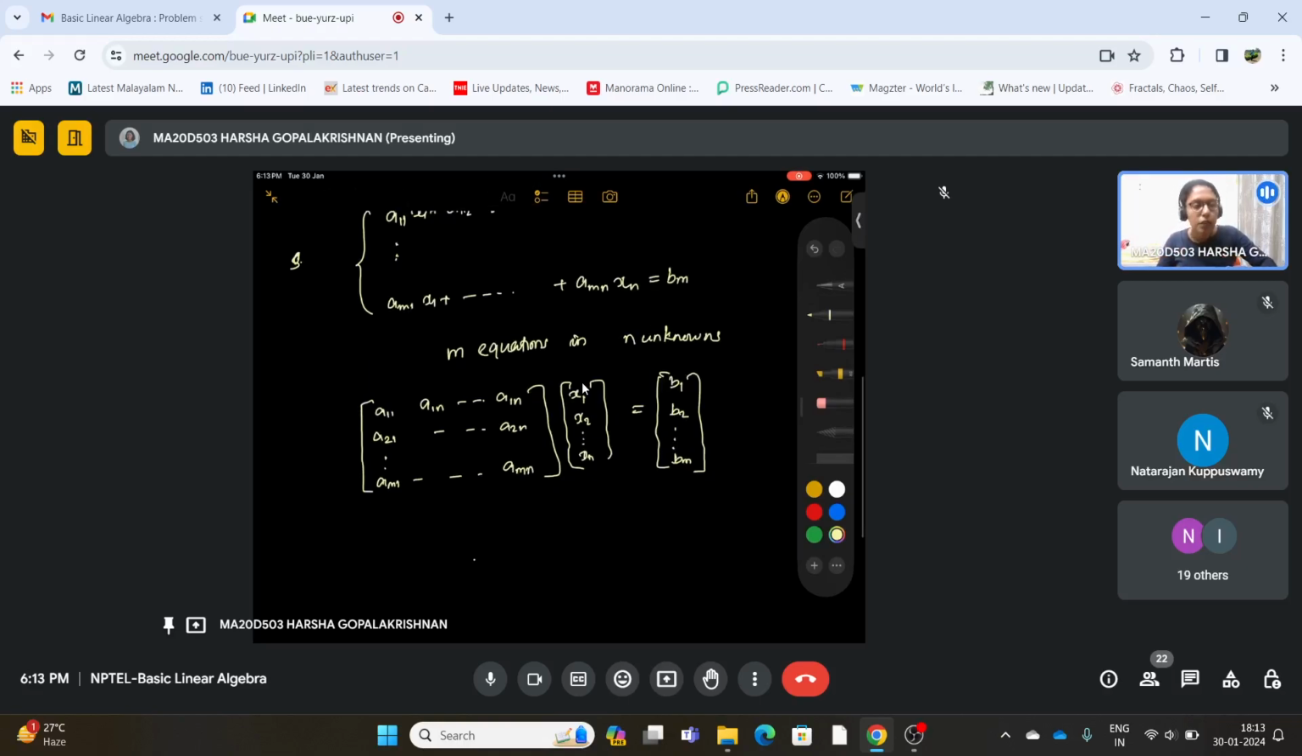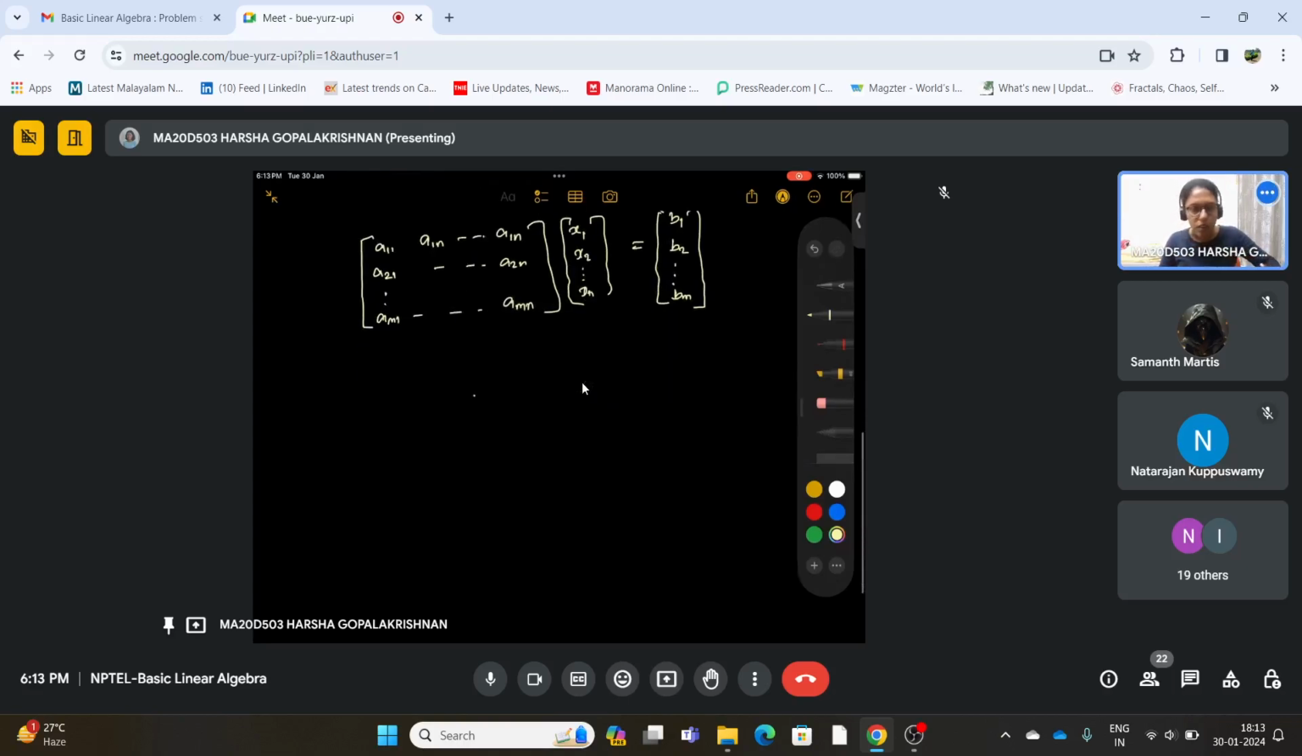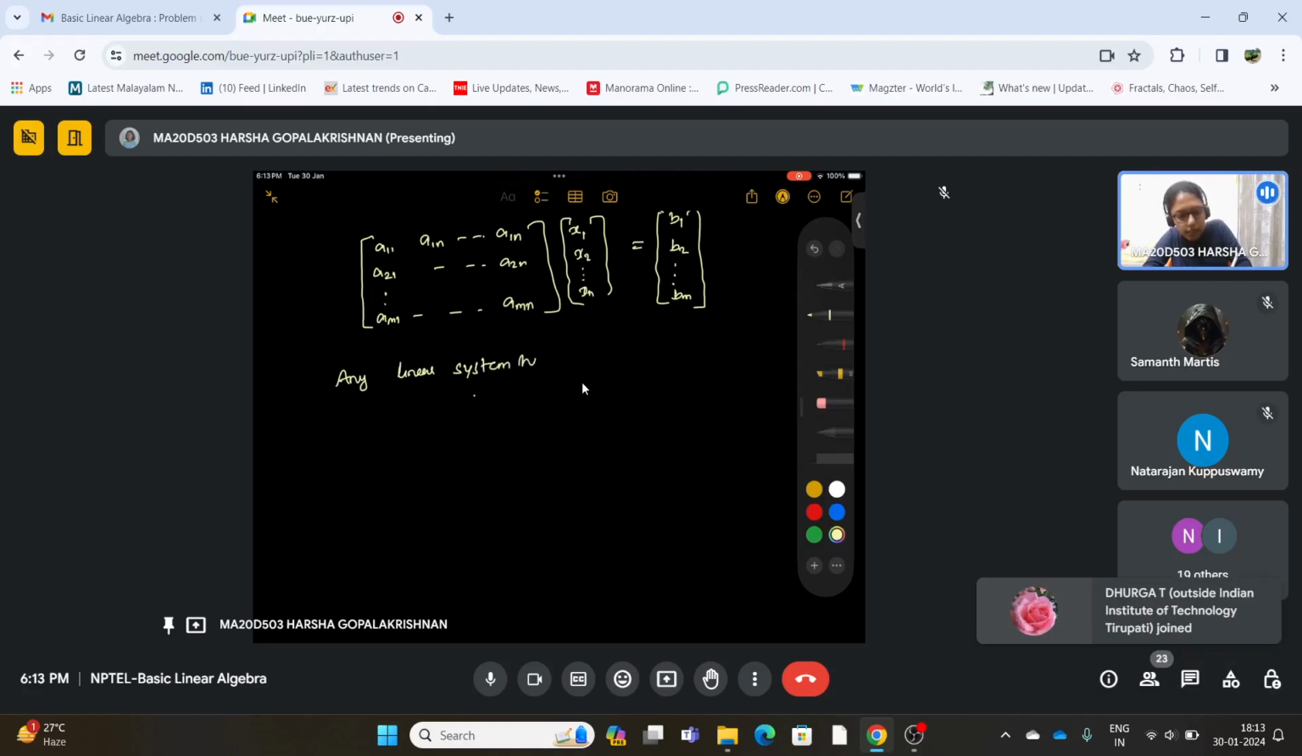Now, whatever we do for the linear equations, we will do for the matrix, and we will find the solution using the matrix and then see it as the solution of the linear equations. Before going to more concepts, let me explain the geometry. Before that, any linear system has solutions in